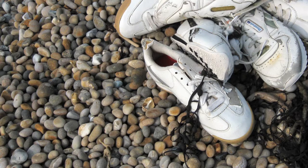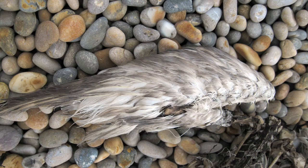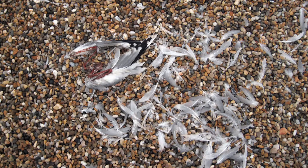The RSPB every year, late February, run this nationwide beach bird survey, and everybody's out counting dead birds on their stretch of coast and recording whether there's any oil on the dead birds they find. So it's like an index of oil pollution, really. The amount of dead birds you find is very variable. I've walked along there and found hardly any, or I've found over 100,